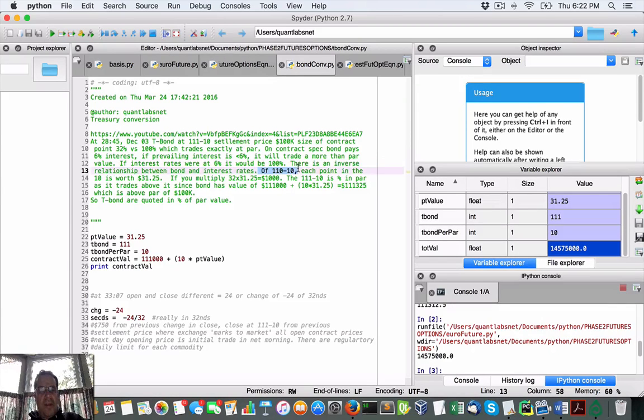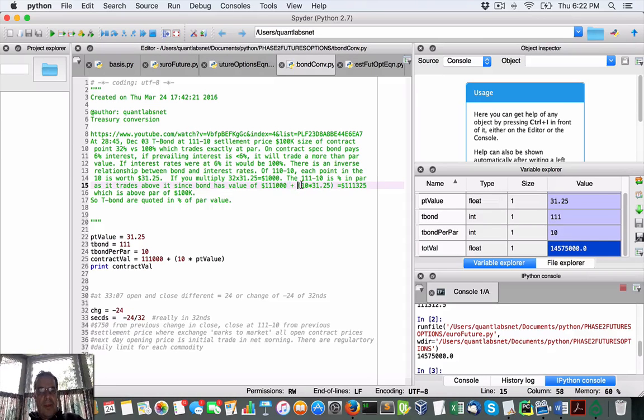So if you're at 111-10, and just to make note here, very important, each of these 0.10 is worth $31.25. So if you multiply 31.25 times 32, that equals $1,000. So this 111-10 is a percentage of par as it trades, since the bond is now, another way of saying it, worth